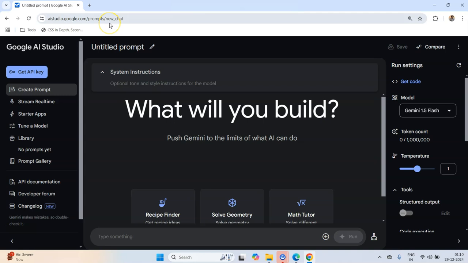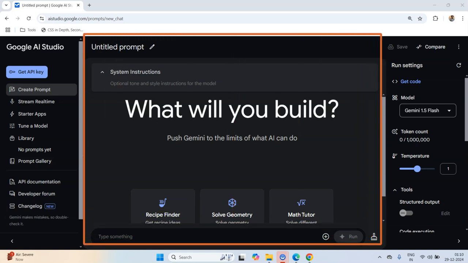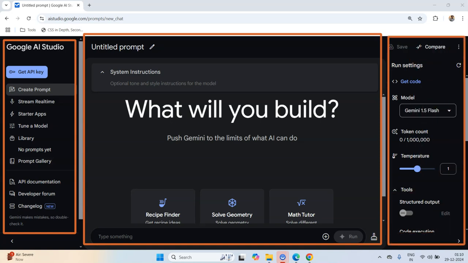So if I hit enter, now once you open this web page, if you are not logged into your Gmail account, you would need to log in first, and then you will get this kind of interface where you can do all sorts of experimentation by running the prompts, and on the left you get various options like you can create prompts, you can stream real time and things like that. And on the right you can see and control the model performance, so to say.